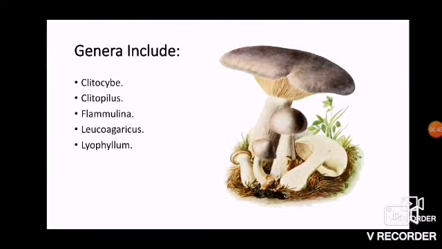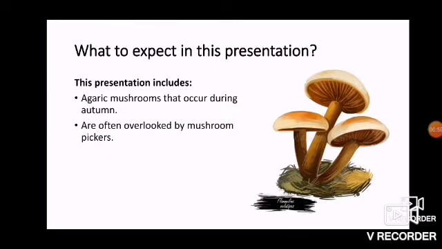So the genera that we will be looking at are Clitocybe, Clitopilus, Flammulina, Leucoagaricus, and Lyophyllum. And again, what to expect in this presentation? Well, this presentation will be primarily about agaric mushrooms. And when I say agaric, if you recall, mushrooms with a stipe, a cap, and gills underneath the cap producing their spores. So this is about agaric mushrooms that occur during the autumn season and are often overlooked by mushroom